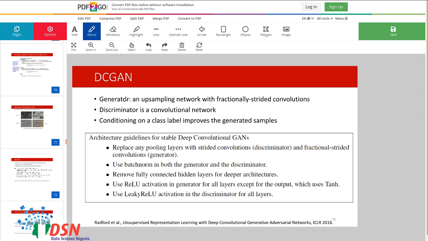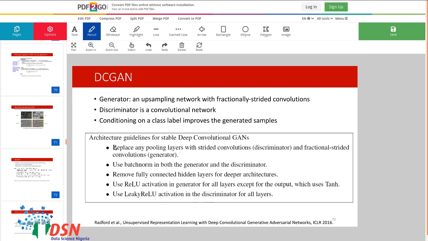Training of GANs is much more difficult than the training of convolutional neural networks, because they have two different networks that each want to fool the other one, and so they are adversaries to each other. So training of GANs is kind of harder than training of convolutional neural networks. So there are some tips to use when you want to create these GANs.